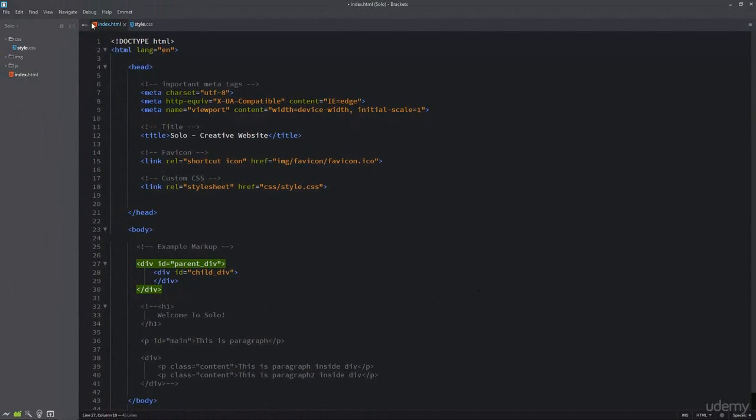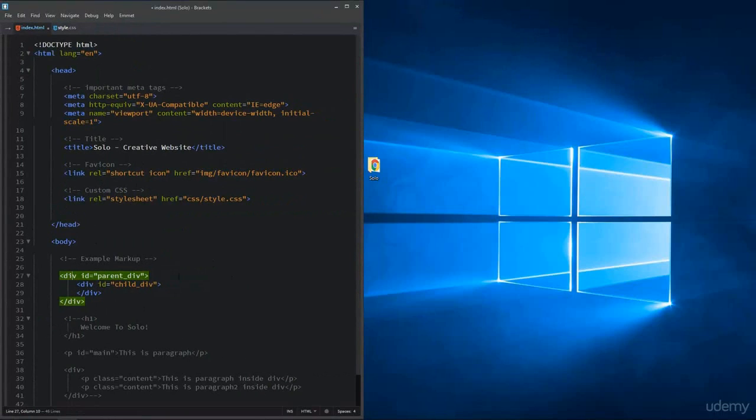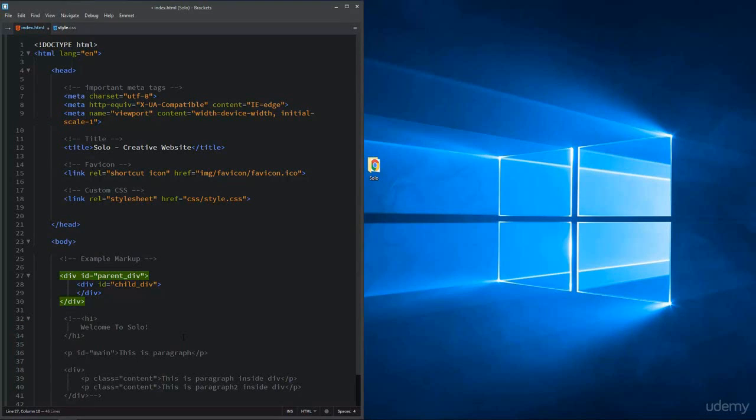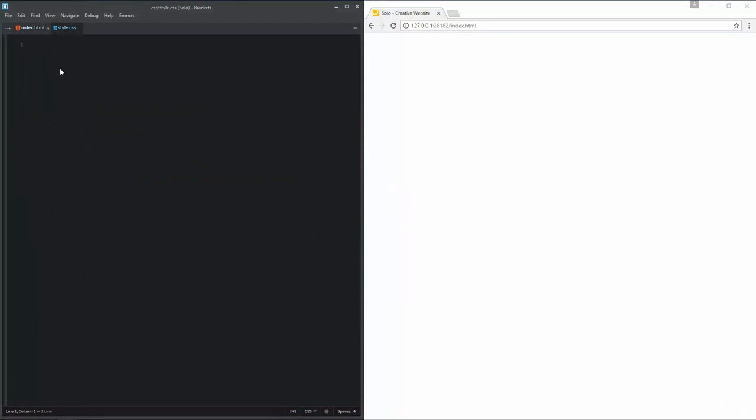Okay, I'm going to hide the sidebar, resize the code editor, and open this index.html file in live preview mode. So I will click on this live preview icon. By this way, we can see both the code editor and browser side by side, plus we can see the live preview of changes inside the web browser. Now I am going to style.css and I am going to add a comment inside style.css. The comment is CSS positioning.